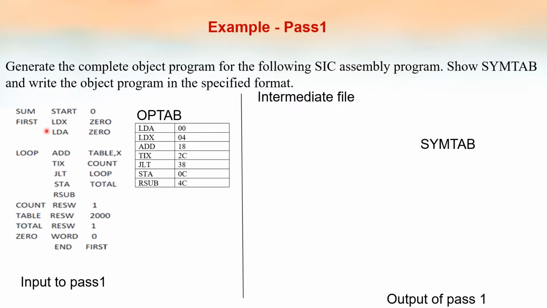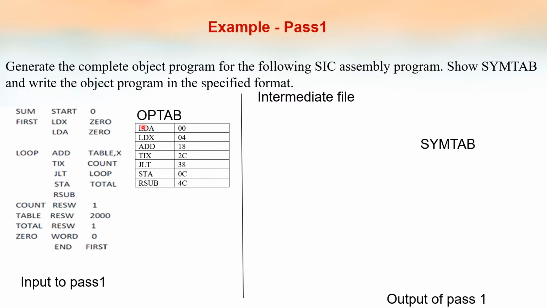See the next line, FIRST LDX ZERO. So how the assembler converts is, conversion here means write the code for the opcode, the value for the opcode, then write the value for the operand. That is meant by conversion here. So here the opcode is LDX, and the corresponding value for opcode LDX we can get from the OpTab. OpTab is a standard table. It's a built-in table. Each opcode in SIC will be having corresponding values.